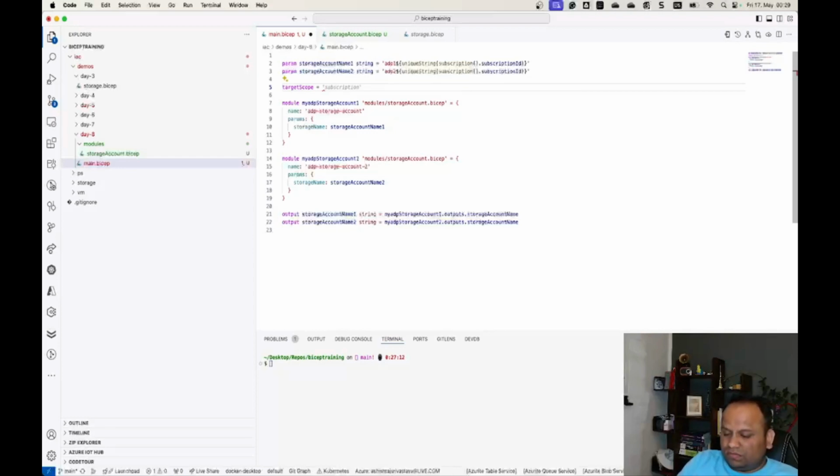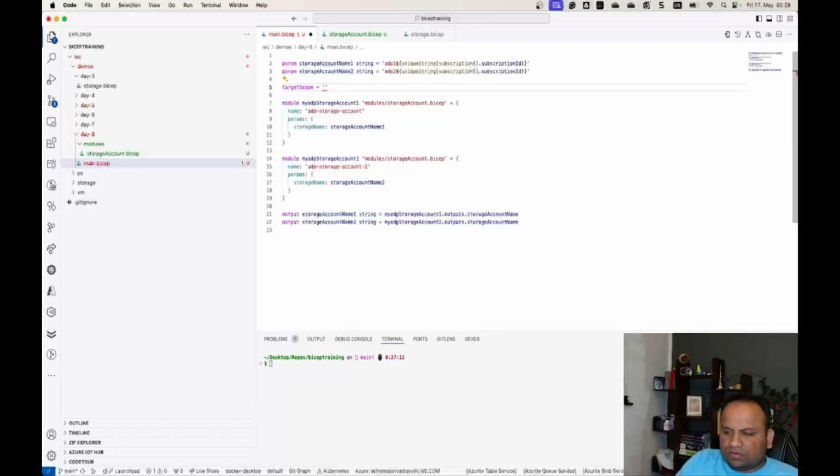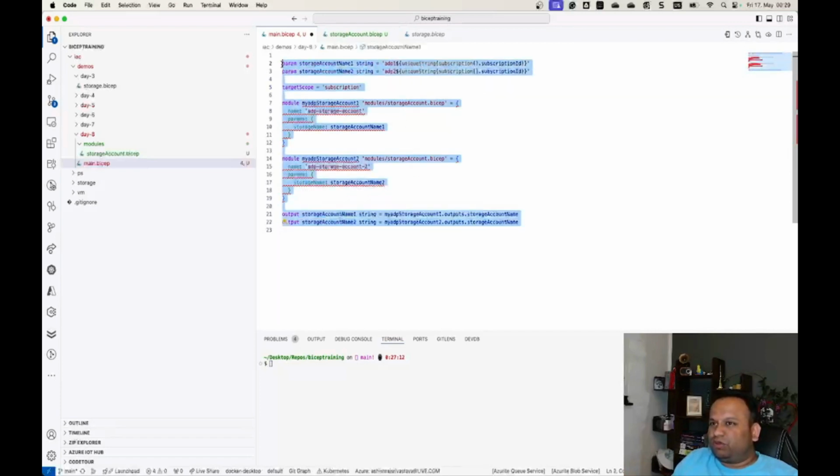Yeah, it can be... oh no, I don't know why it is not showing, but it can be subscription, it can be management group, it can be tenant, or it can be resource group. So when you define a target scope, you say that this particular file will be deployed on a